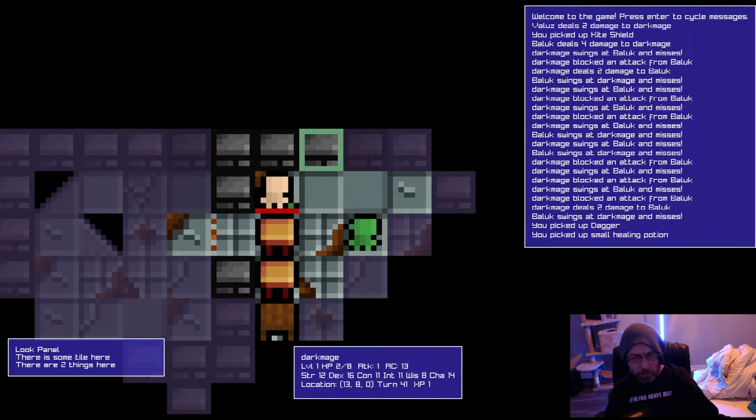I'm actually considering changing how input works, instead of having a key for attack and a key for open and all of this stuff, to prepare for a multi-platform, mobile version, etc. I was thinking of implementing an action menu that you could pop up with space or something like that.